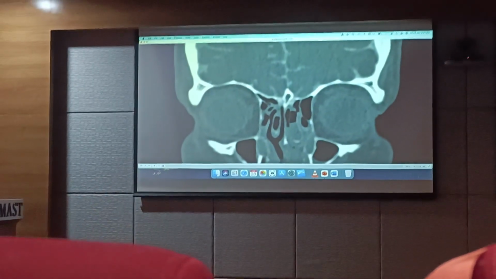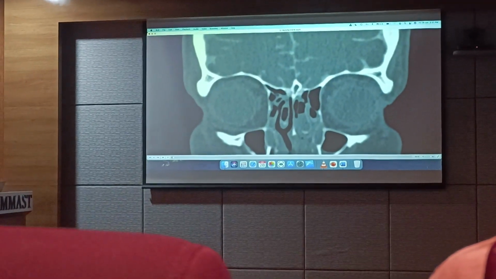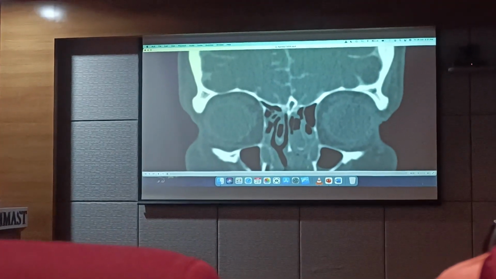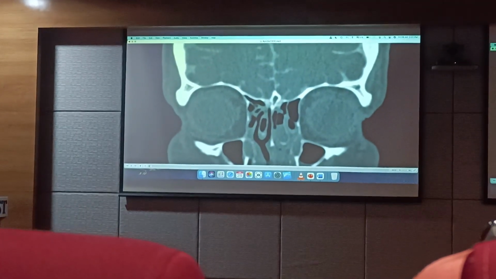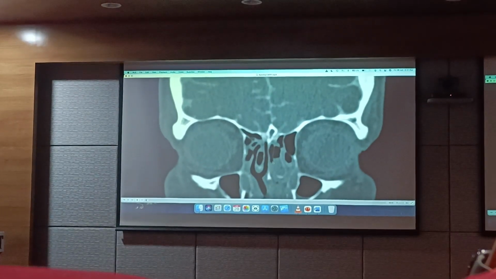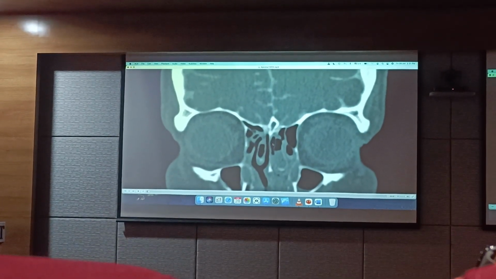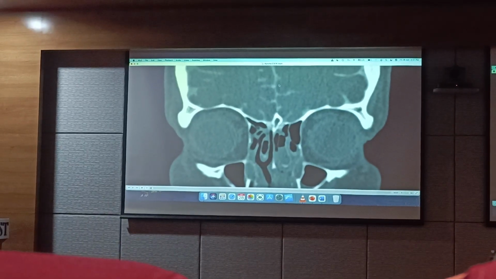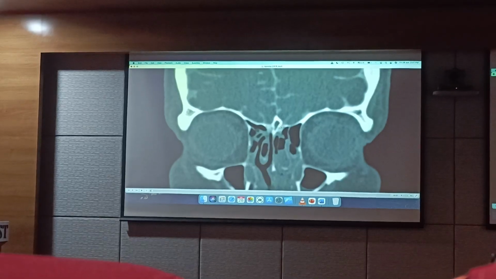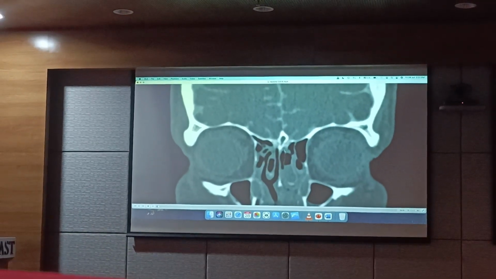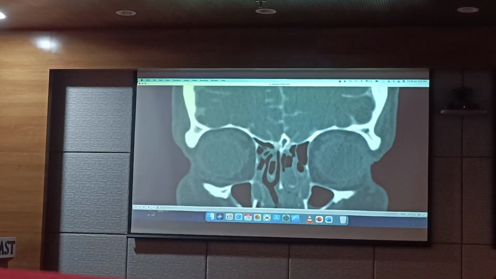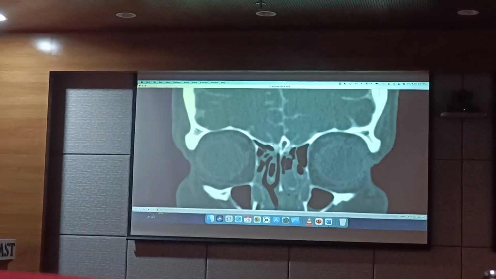If it is a constant leaking CSF, then the CSF precipitates an inflammatory reaction of the mucosa, and therefore you get this particular appearance. Okay, normally there should have been air, but this is all thickened mucosa. Now, can you see the dye that is coming out from here and coming over here? Compare the level of this skull base with this skull base.